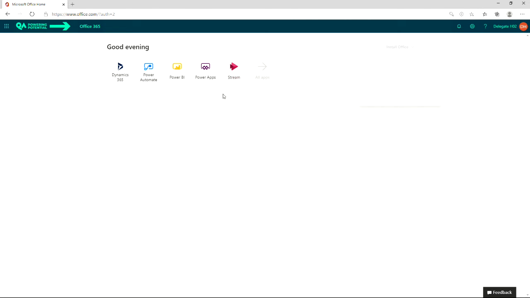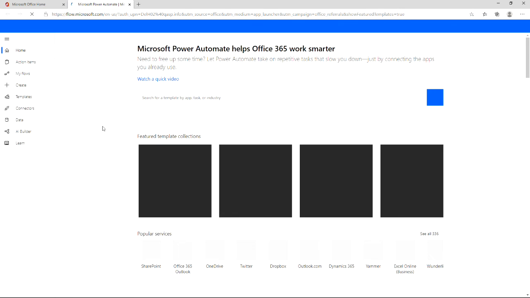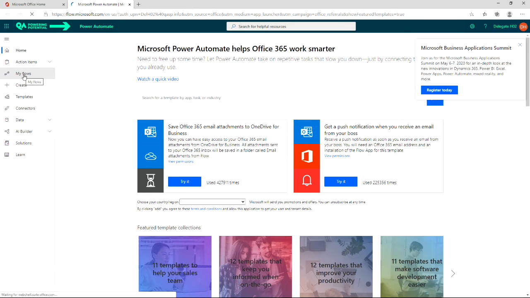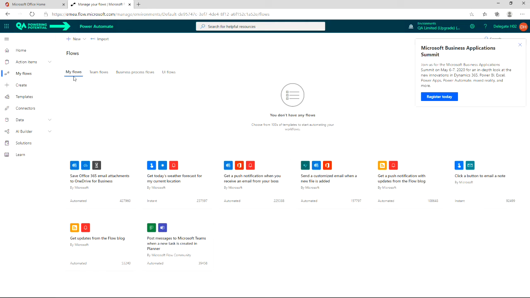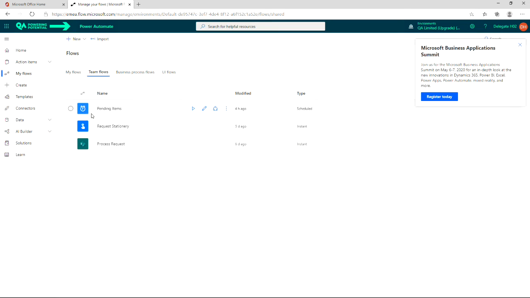I can fix that, but it doesn't matter, because if I go into the Power Automate and go into my flows, there we go. So we go to my flows, nothing there. Go into team flows. Oh look, because I'm part of the team,